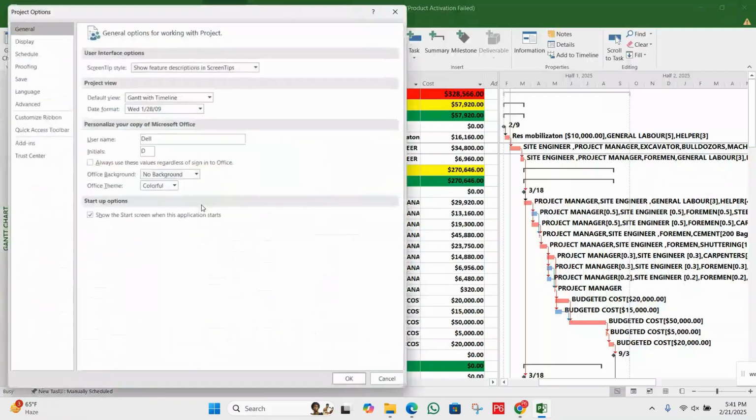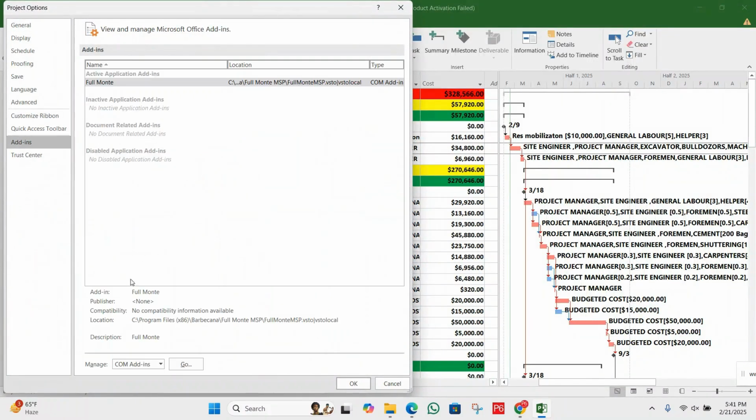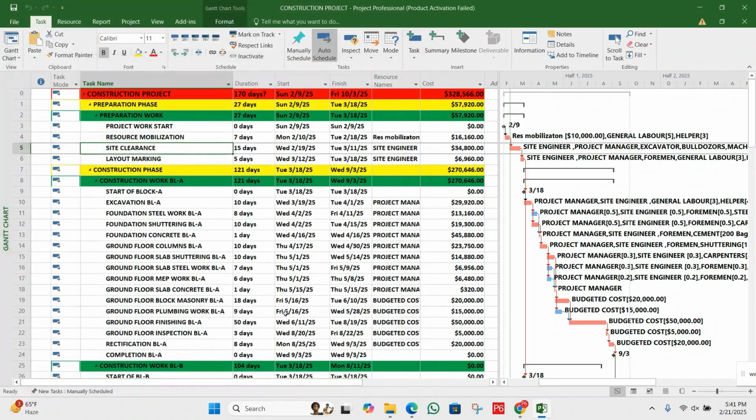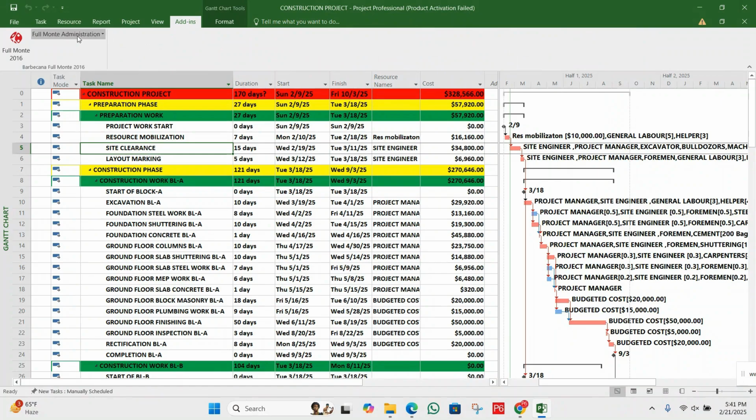If I go again to the add-in option, you can see the add-in for Monte. So it is already integrated now. Okay, so click on OK. So next we will go to the main tabs. You can see here. Then click on add-in, and you can see Full Monte 2016 is integrated with the MS